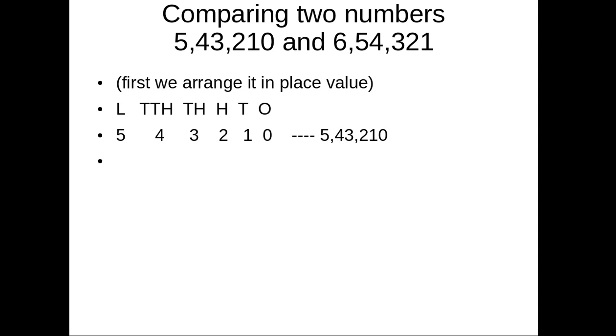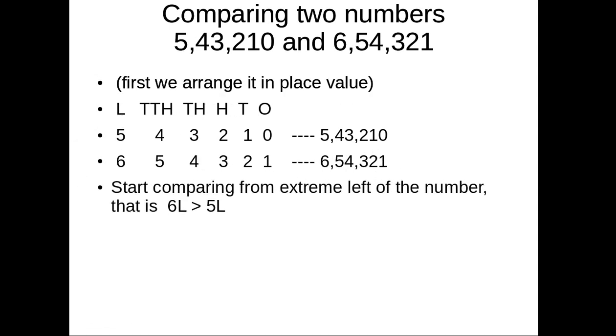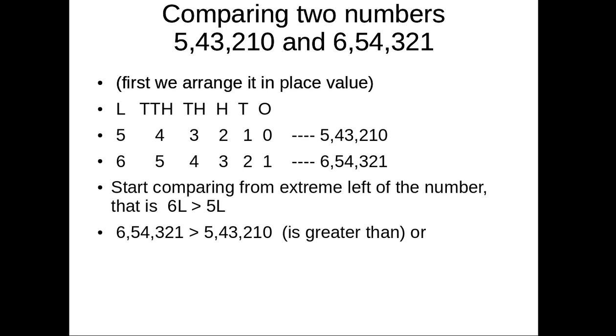Then our next number is 6,54,321. Starting comparing from the extreme left, we see that 6 lakh is greater than 5 lakh. We compare from the extreme left, that means the lakh place first. 5 is smaller than 6, so 6 is greater than 5. So we got that 6 lakh is greater than 5 lakh. So we conclude that 6,54,321